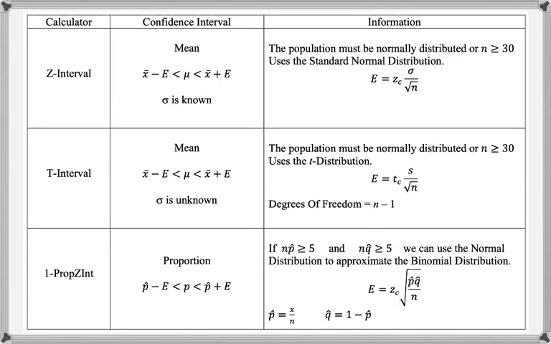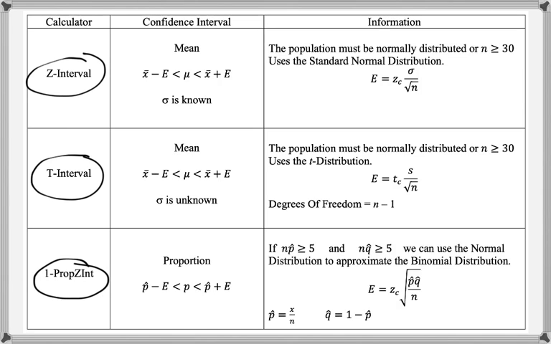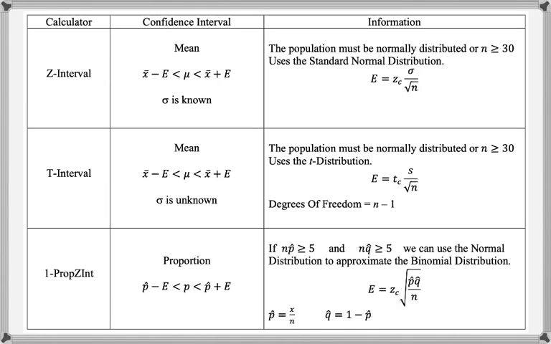This section is recapping all of the confidence intervals that we've looked at so far. So we have the z interval, the t interval, and the one prop z interval. The z interval and the t interval are both confidence intervals for the mean. We use the z interval if the population standard deviation is known, and we use the t interval if it's